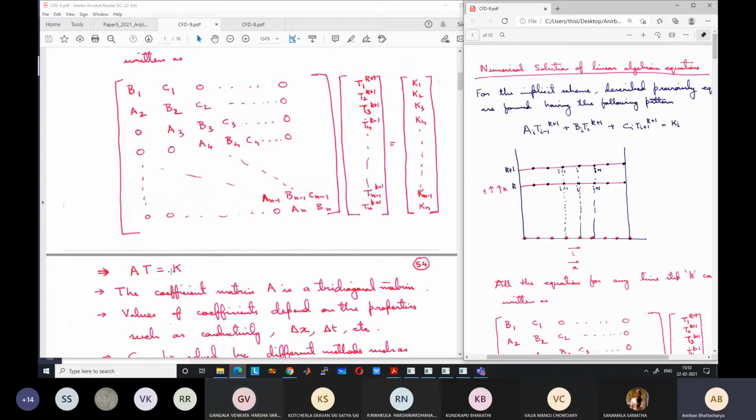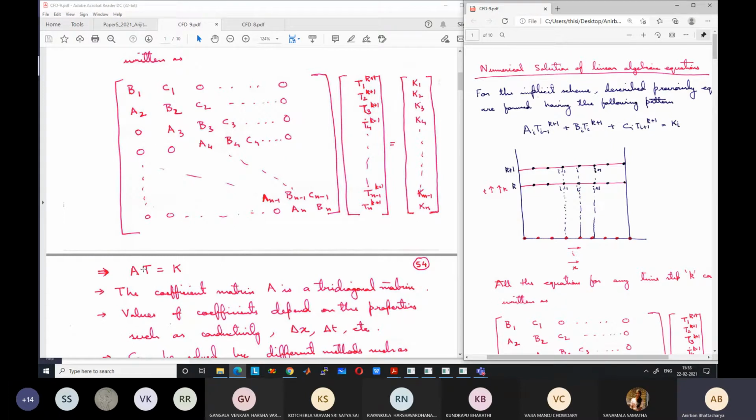Okay. So because K and A inverse both can be calculated, because A is known, we can find the value of T. In what case will we not be able to find the value of T from this matrix A inverse K? If we cannot calculate A inverse, that is, if the determinant is 0. Otherwise, we will be able to solve it and find it.